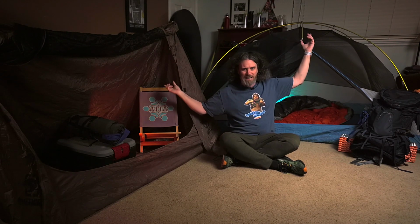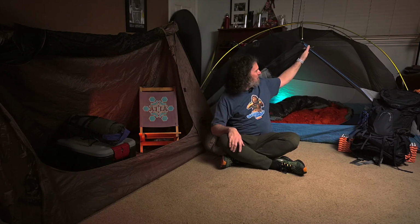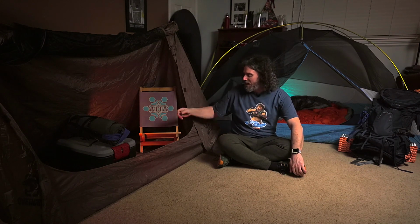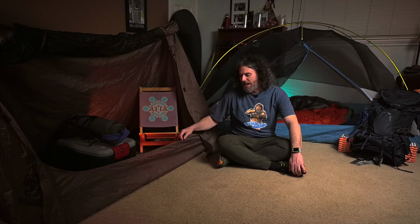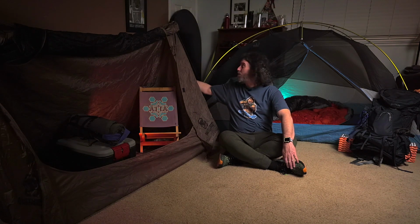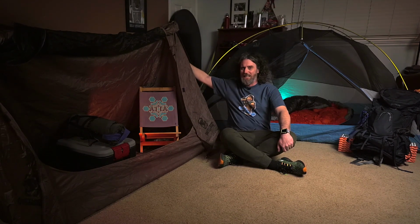Today I wanted to talk a little bit about the two different types of tents that I have right here. This is what's called a freestanding pole tent, and this is a trekking pole tent. And what the difference is, this tent right here, which is the One Tigress Backwoods Bungalow, is $119 right now on Amazon. And it is set up by using your trekking poles and by tying it out with guidelines to hold it